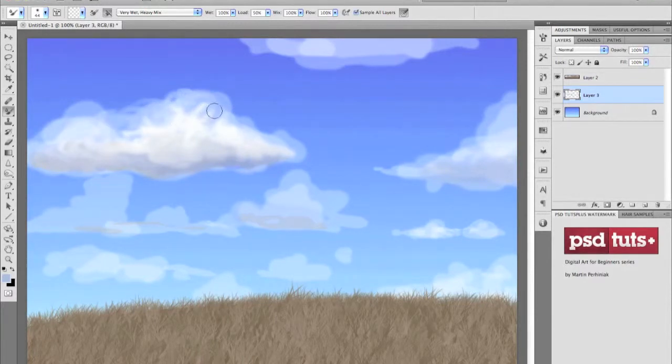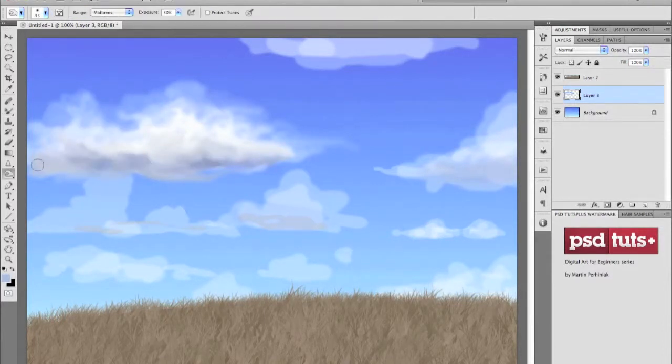And as you can see, I'm also using the mixer brush, as you've seen it in previous episodes of this series. That's a really useful way to blend colors together that you already have on your layers. And the main thing what you need to remember is to use the mixer brush with the sample all layers option that you see on the top whenever I use this tool. And I use also the dodge and the burn tool just to create highlights and shadows on the clouds. As you can see, I'm using the dodge tool on the edges, and then again I switch back to the mixer brush tool just to blend again together the